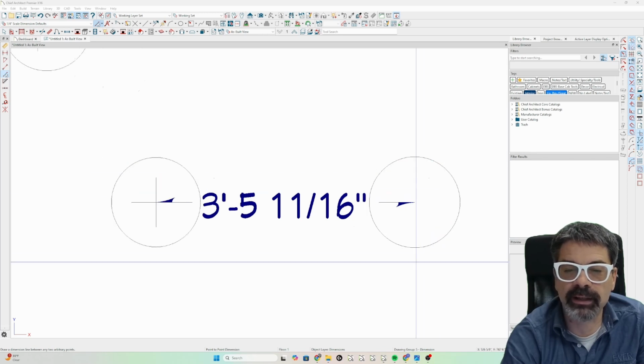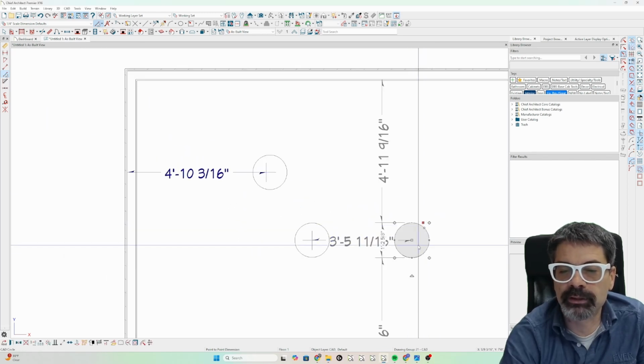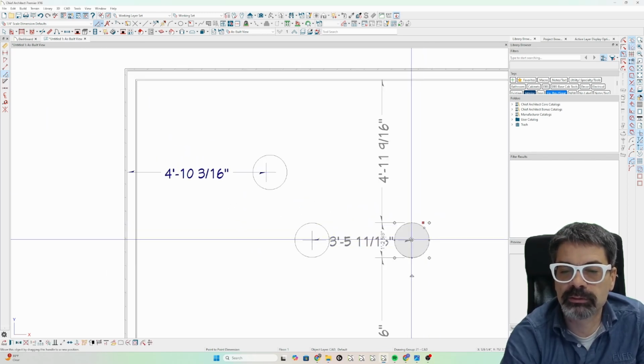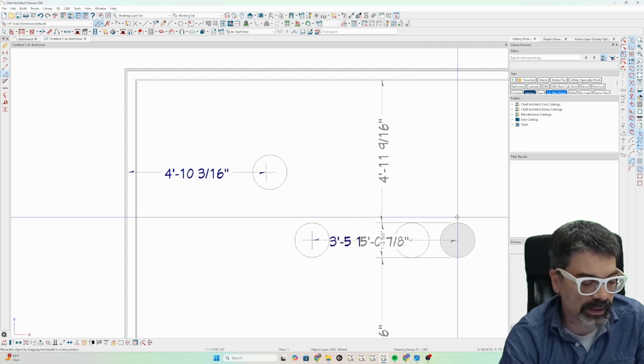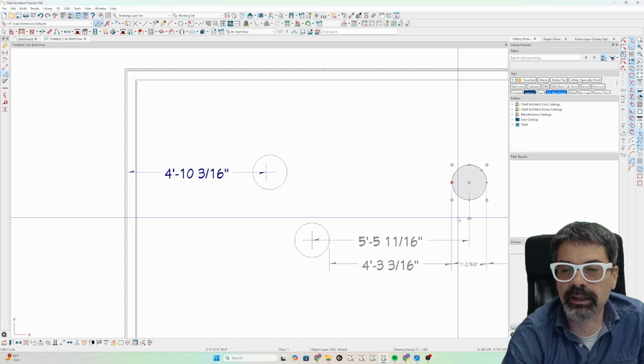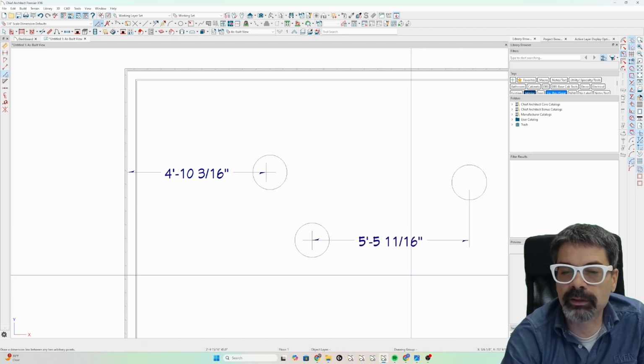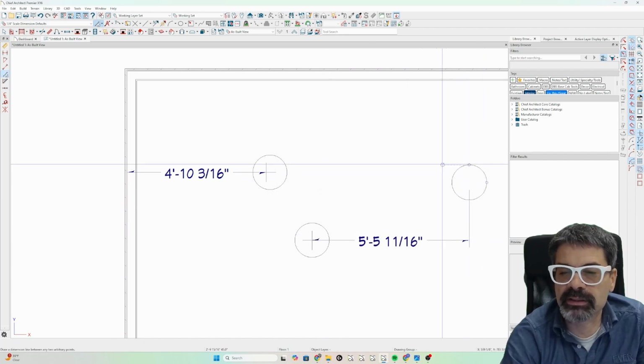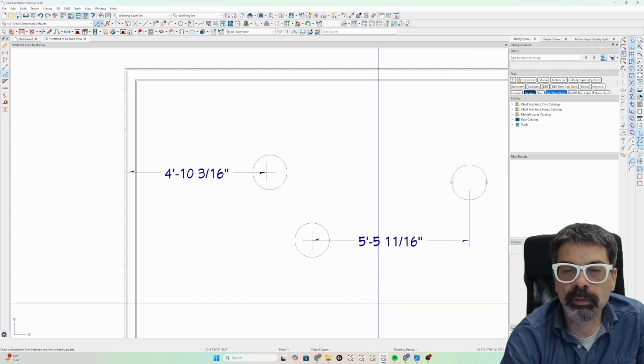And we can prove that by dragging this circle. I'm going to drag and I'm going to hit tab and we'll go 24 in the X and 24 in the Y. And there you go, 5'5 11/16". This one did move. But once again, if you didn't realize this